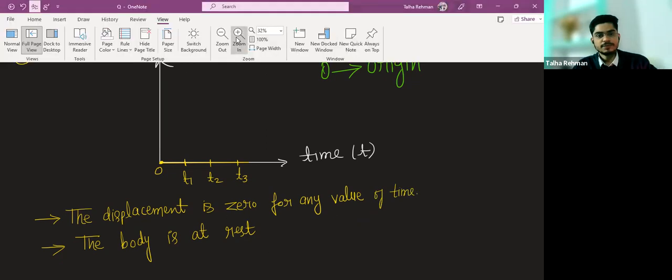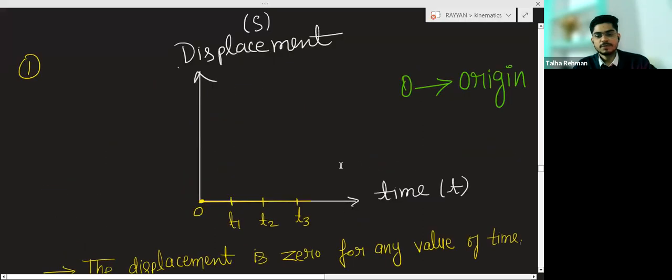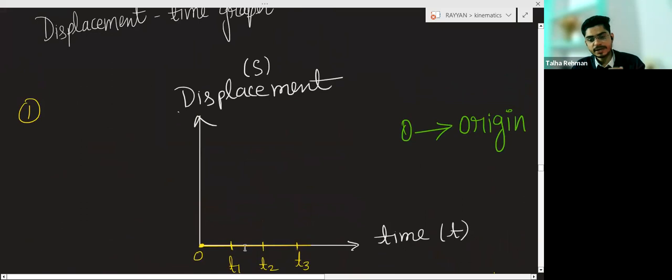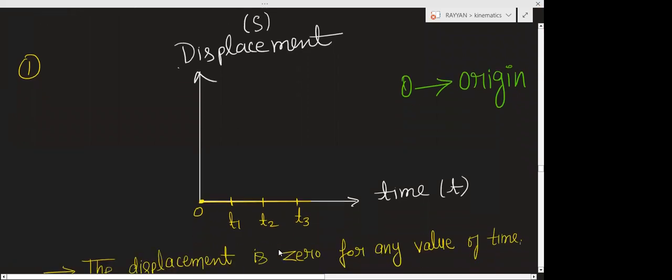If you have this type of graph, then you will say the body is at rest. Try to understand how I am telling. Because when time is increasing, there is no increase in displacement. Displacement is 0 for all the times. Now next,